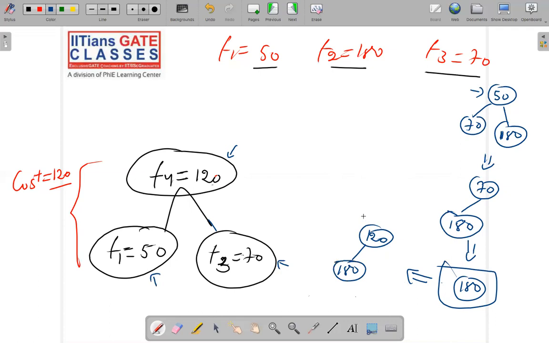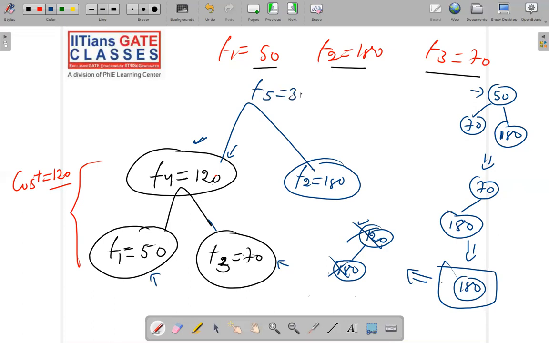Now you delete two elements and try to do the merging. So the first one is this one. We already have this one here. You delete this one. Then you delete 180, F2 equal to 180. And you merge these two. So F5 contains 300 records at last, and the cost of this merging is